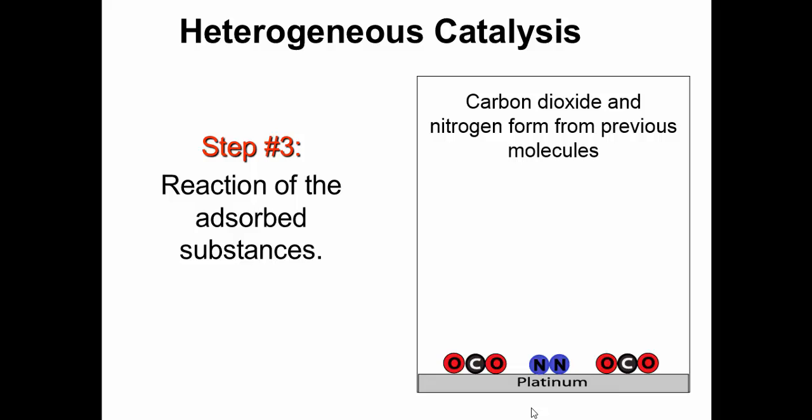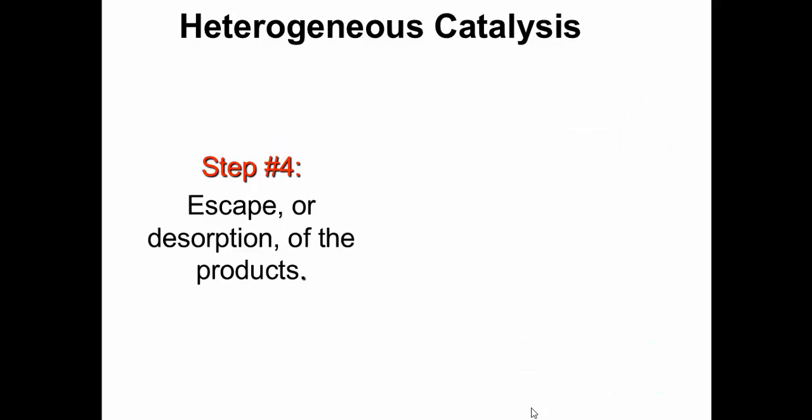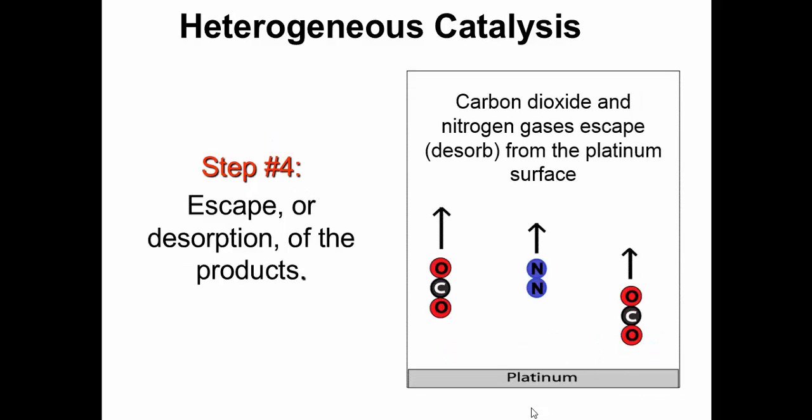What you get produced is carbon dioxide and nitrogen gas from the previous molecules, and these are much less of a problem from a pollution standpoint. Because you have now created these new molecules, they're not held by the platinum anymore. In other words, by becoming CO2 and N2, the platinum is going to release them because there's not a chemical